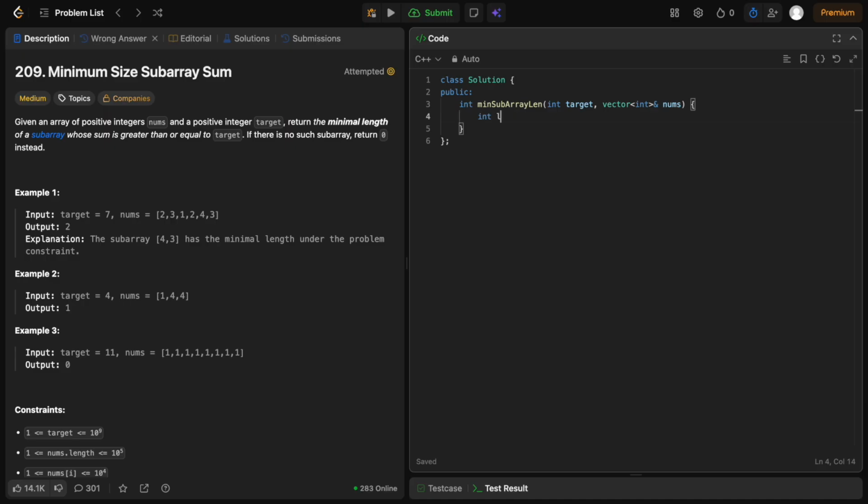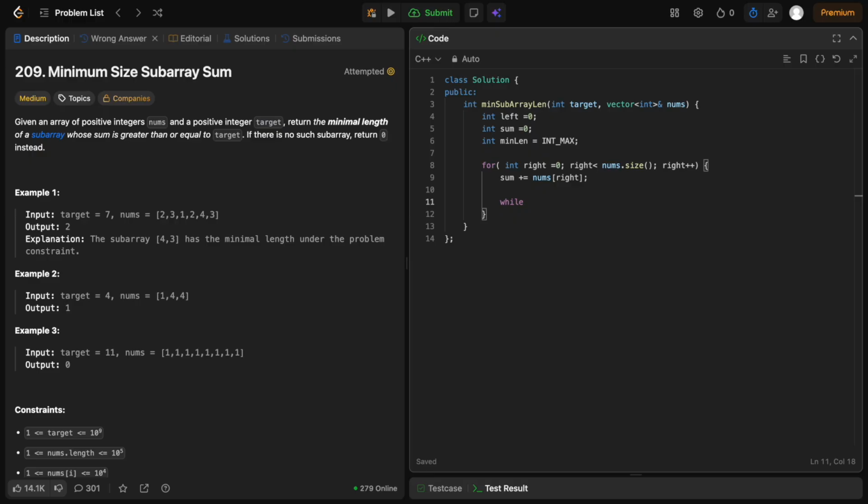So we will have a left pointer initially at 0. This will be the beginning of the window. We will have a sum which is equal to 0 and a min length which is equal to int max in the beginning. Now we will run a for loop. Now in the for loop we will add the right pointed element to the sum.